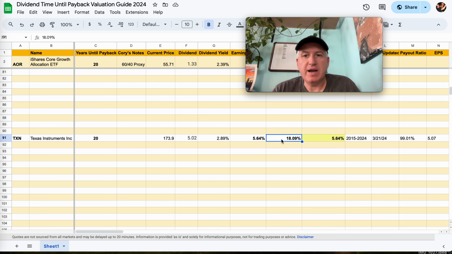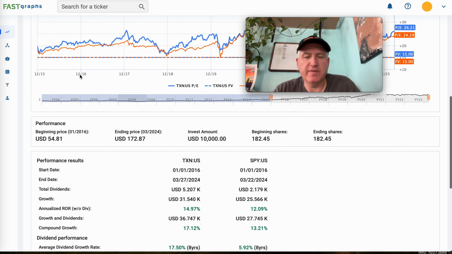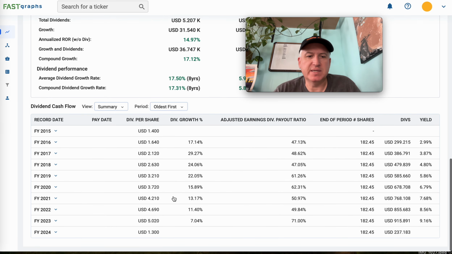2023, okay. So I had it at 18%, I think, in my spreadsheet. Here it's 17.31, so it's come down just a little bit because more recently, I think they actually have a breakdown of it here too. Yeah, we can see. So last year it only grew 7%. You can kind of see the trend where there was fast growth. It slows, slower, right? So that dividend growth was growing pretty fast during this period at first, but more recently